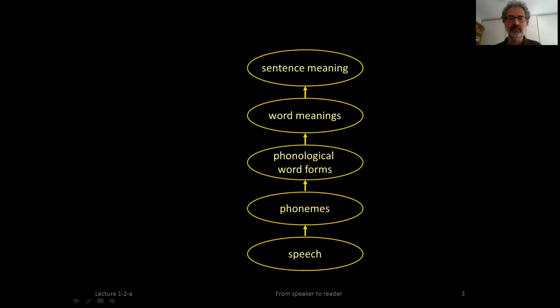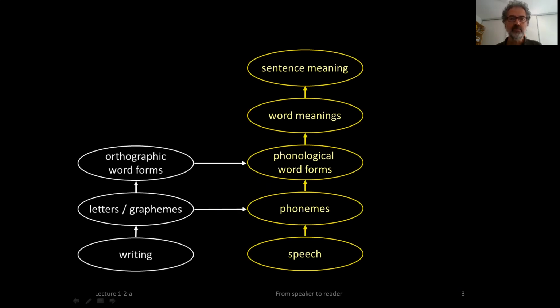In a slightly more detailed image, receptive oral language concerns a series of steps of processes that operate on oral language representations at different levels, such as phonemes and phonological word forms. And learning to read is attaching some new processes onto these pre-existing ones that concern the identification of letters, letter groups, and how they map onto phonemes, and also learning the orthographic word forms, that is, known letter sequences, and how they map onto the known phonological word forms of the spoken language.